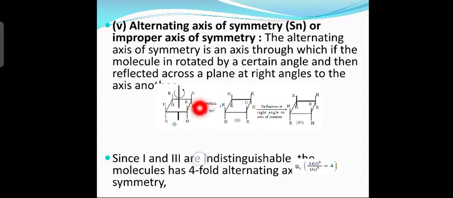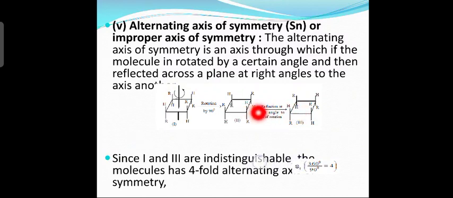You have four corners having four groups: HR, RH, HR and then RH. Rotate this to the center. You draw a line and then rotate by 90 degrees. What happens when you rotate the molecule by 90 degrees? In the place of RH you have H and R, in the place of HR you have R and H, in the place of R and H you have HR, and in the place of HR you have R and H. That is the second molecule. Now you reflect at right angles to the axis of rotation.